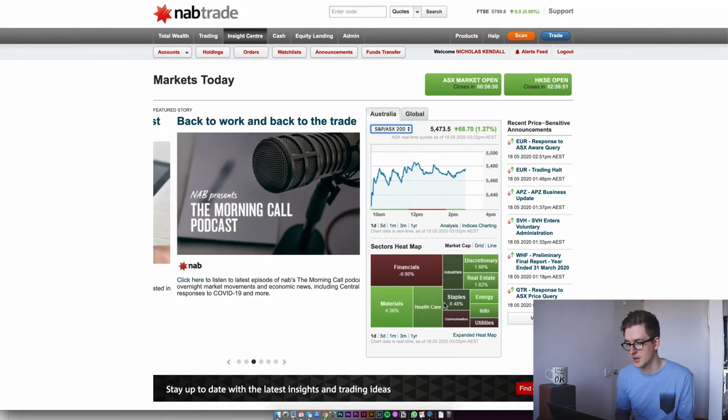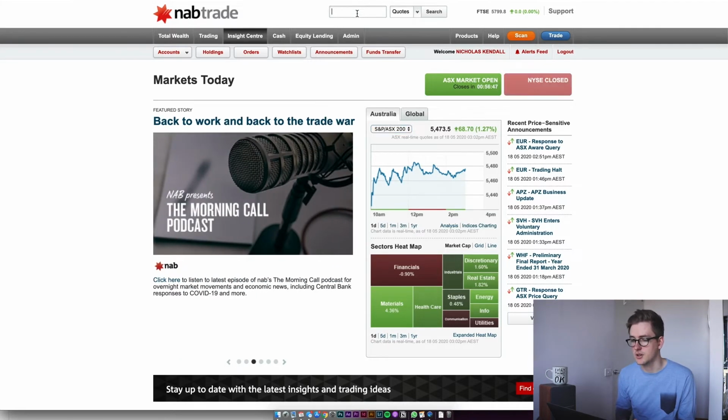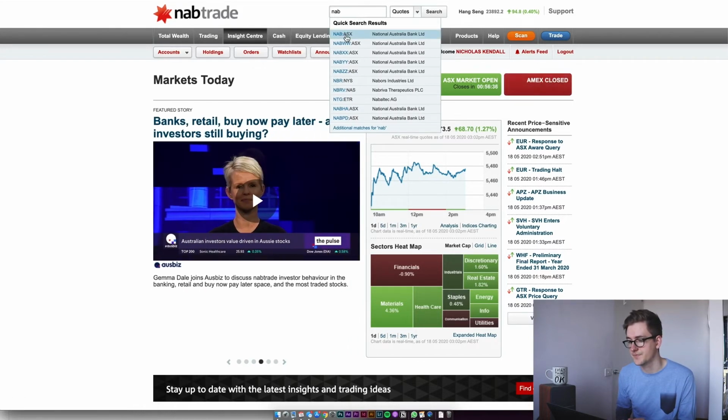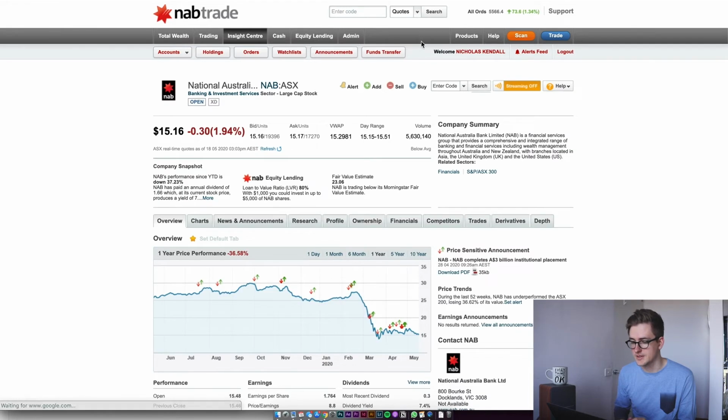But to buy a share, you just go up to the search box here and enter the ticker symbol for the share that you're wanting to buy. So if you wanted to buy NAB shares, just go NAB.ASX. And here's the page for NAB shares. It's got all your useful information, including charts, news, announcements, research, and everything else that you might need to research the share. And then in order to buy, all you have to do is go up here to buy,